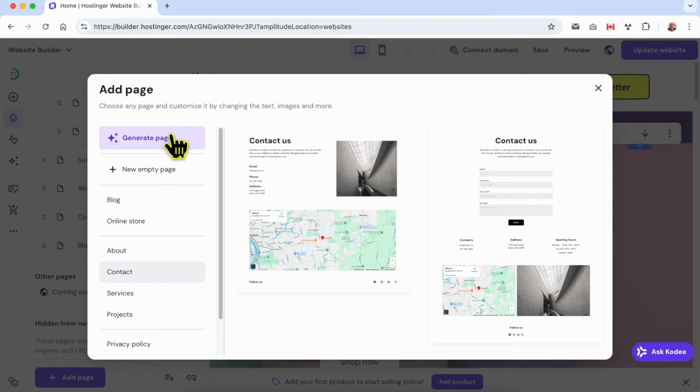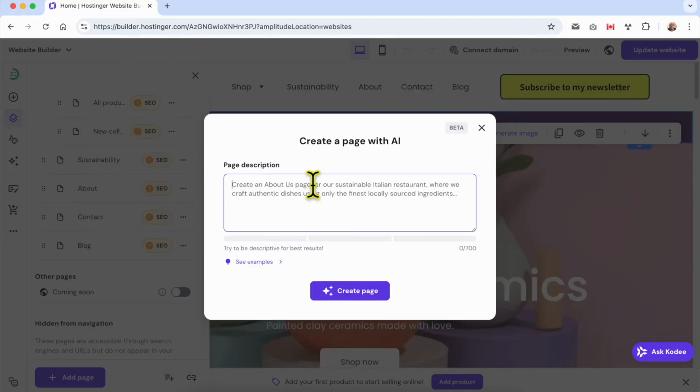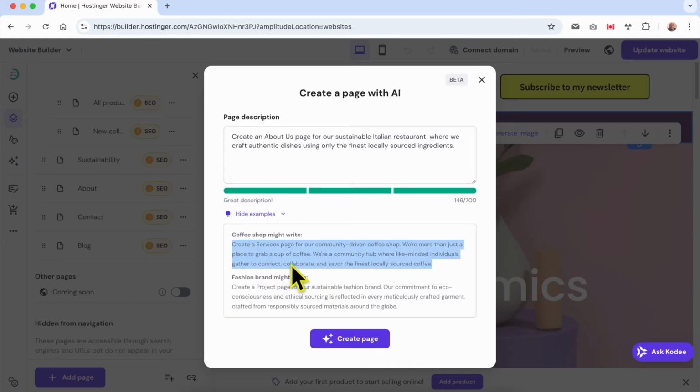First, let's generate a page using AI. Now, describe the page you want to create. This is an example of a page description, which is: create an about us page for our sustainable Italian restaurant where we craft authentic dishes using only the finest locally sourced ingredients. As you see, this is a great description. You can even see examples of page descriptions. Now hit this create page button